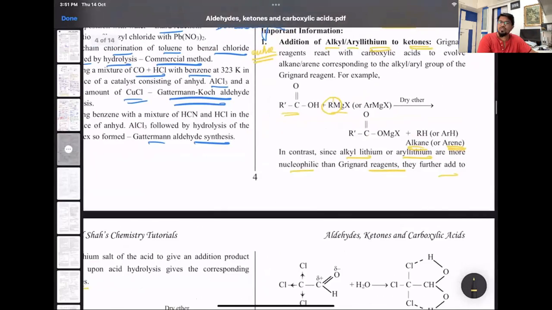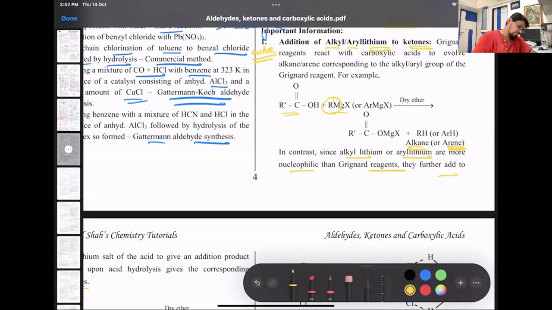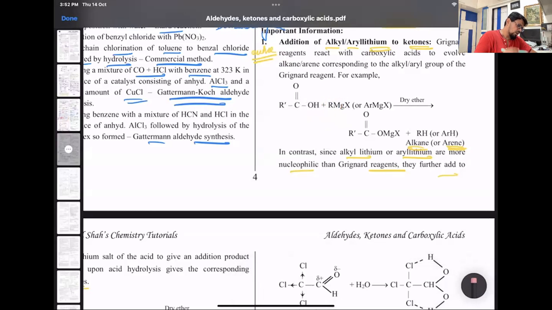If you have acids with Grignard, it breaks down to give you an alkane. Why? We did this in hydrocarbons, if anyone remembers. Grignard's reagent reacts with any source of proton and gets decomposed to respective hydrocarbon. So it's basically very easy to understand. This reaction will be something like this. See here. What I'll try to put up to you.